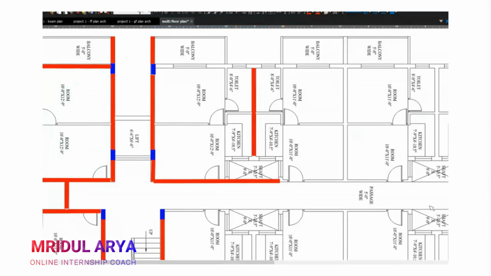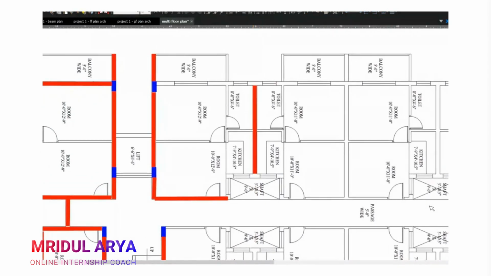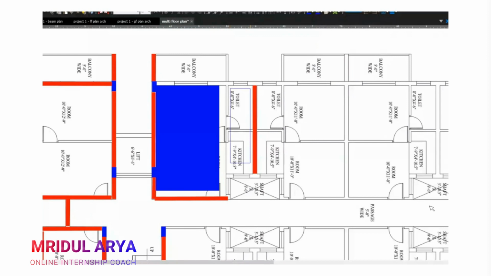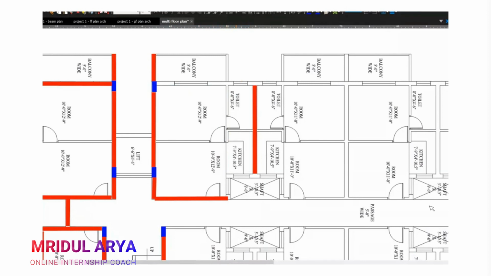Now the next case is if we can provide a column or beam to your staff, that's really good. It's really good if you can provide a beam crossing through your staff, but in our case, that's not going to happen. Another case is the same room will have a different level and these two will have a sunken floor. So I need to have a beam between these two as well, and I need to have a beam at this location as well.